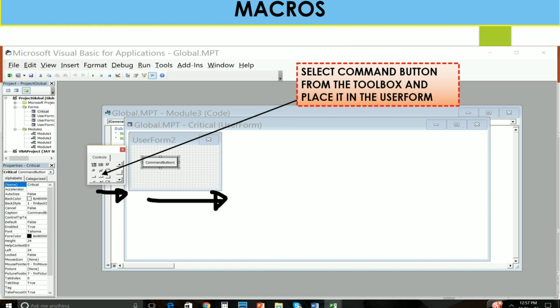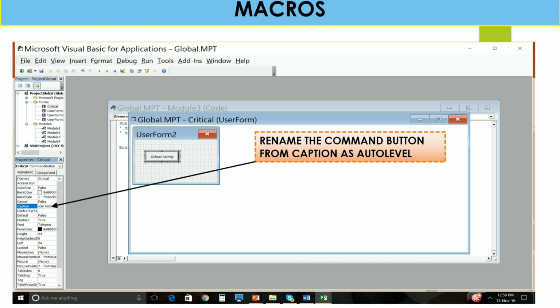Here I am adding a command button from the toolbox and placing it in the user form. Then rename the command button from the caption as Auto Level. You can rename your activity or your tools and techniques and your command button from here. Here I already renamed it Critical Activity.